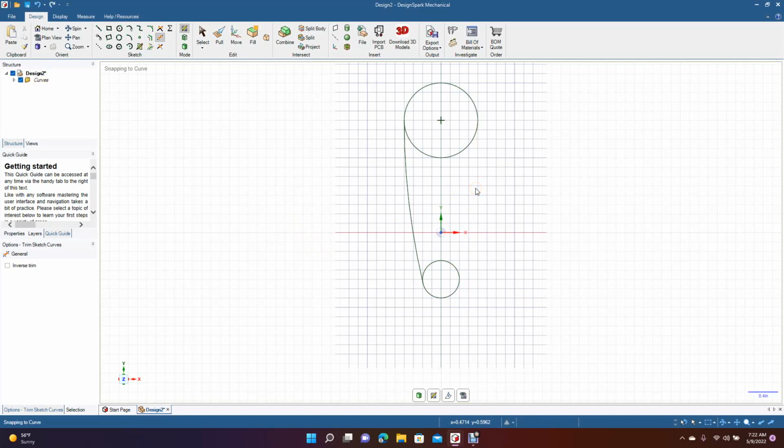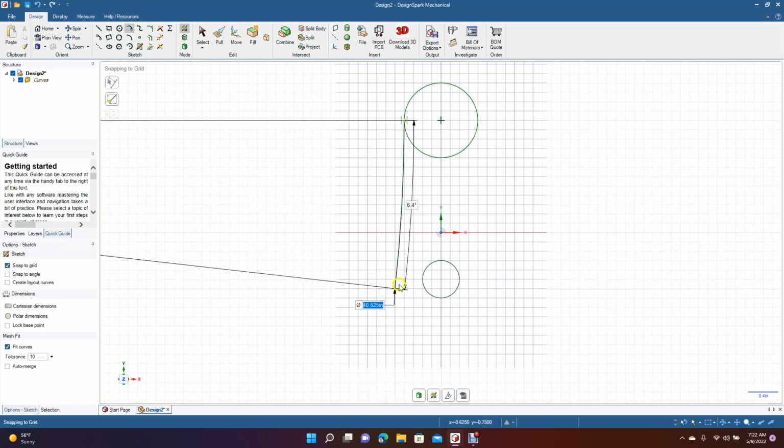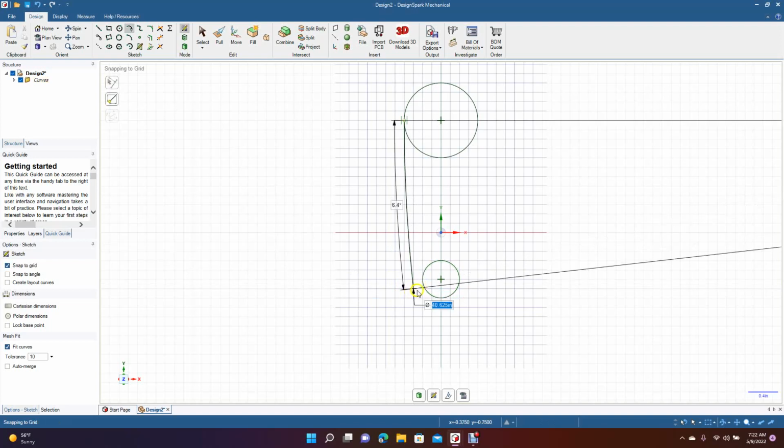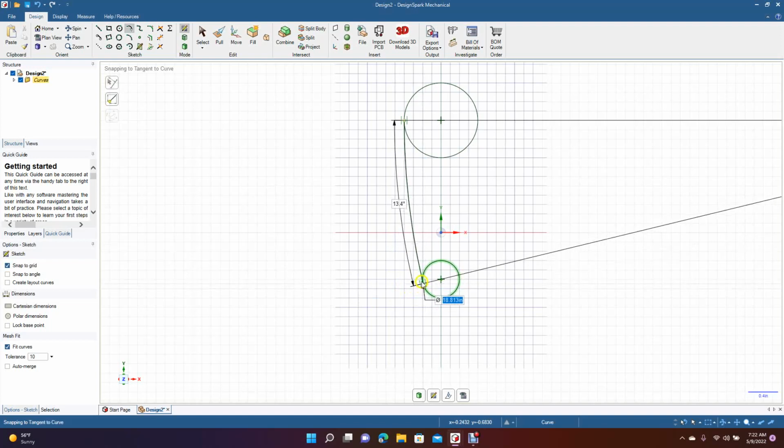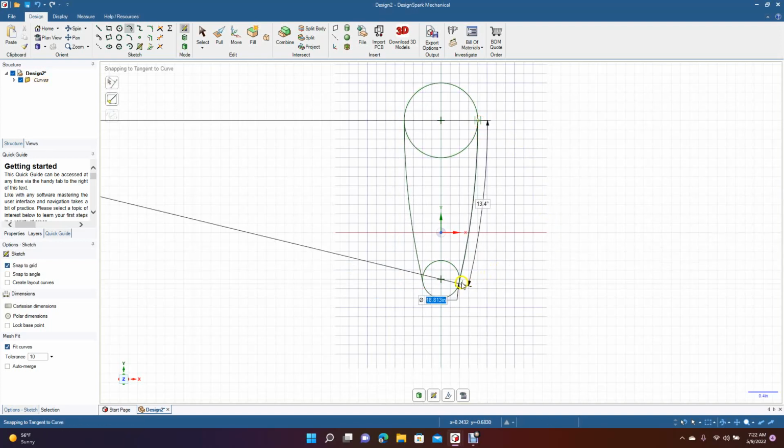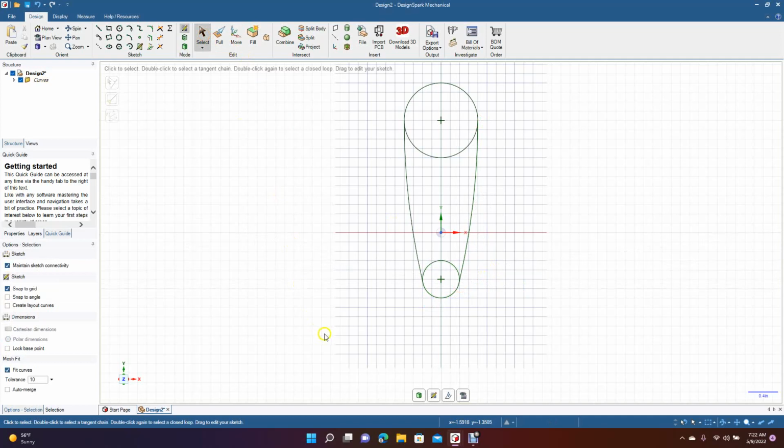Let me go ahead and do this right. This one actually got offset, but we'll get the tangent line again. We'll go from that midpoint there. We're going to go below that line. Okay, so then we'll do the same thing over here. We're going to go to here, and then we're going to drag that down to that point there. Okay, so now we have a nice tangent transition,